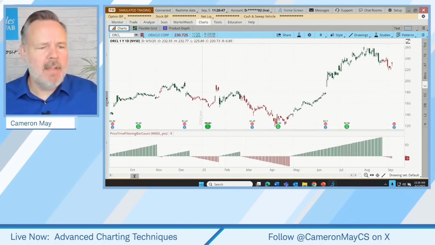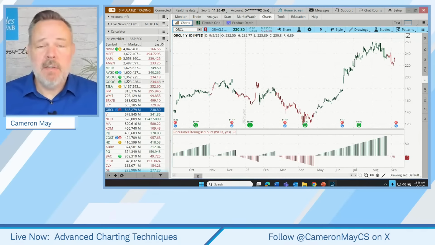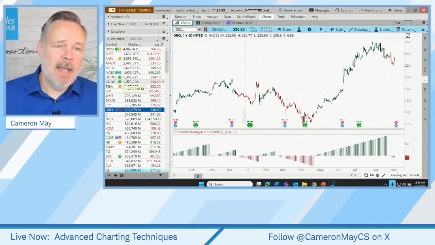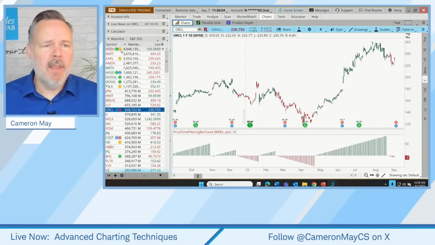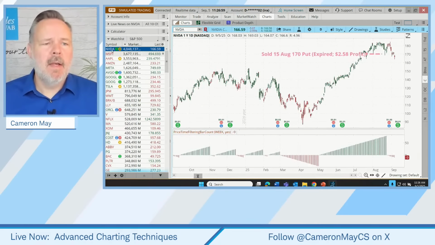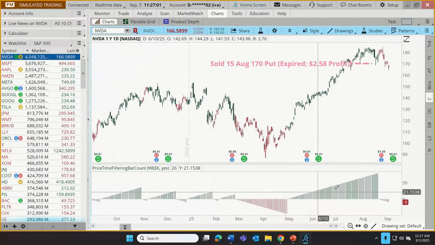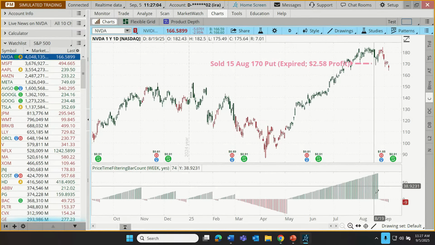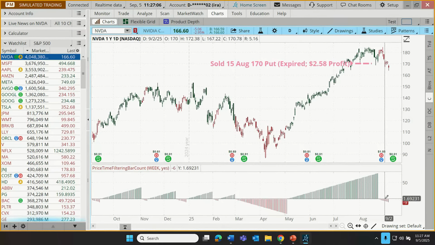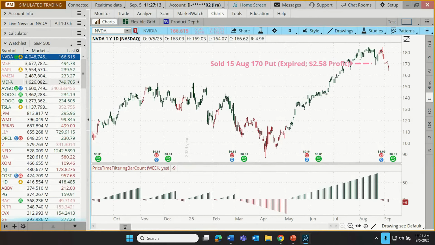Instead, what I typically do is I'll bring up a watch list of stocks that I'm keeping an eye on. It's not the only way to do it, but this is one way that a trader might do it. And we just click on a symbol and we look to see what's the trend there. Well, this one just recently turned red, for example, on NVIDIA. I'm going to use exactly that approach though, and show how it took me exactly 4 clicks and I found today's trade example. So it took seconds. I didn't have to go build a scan.